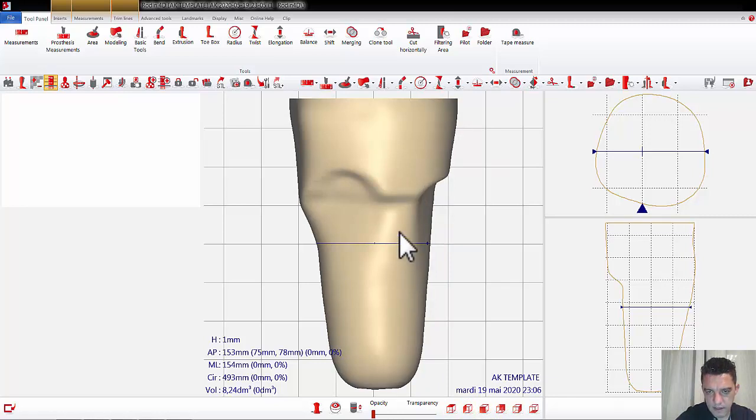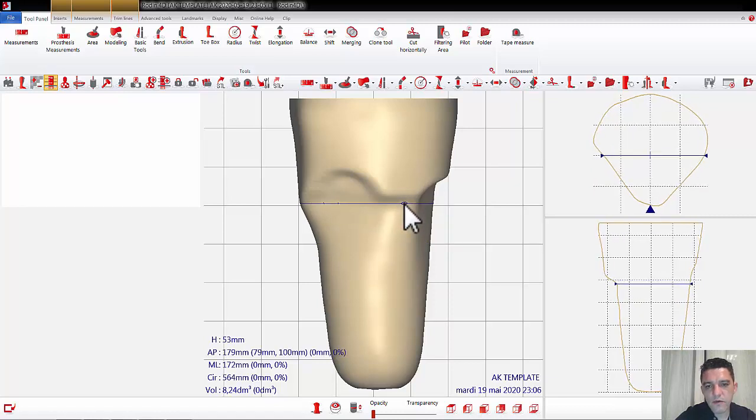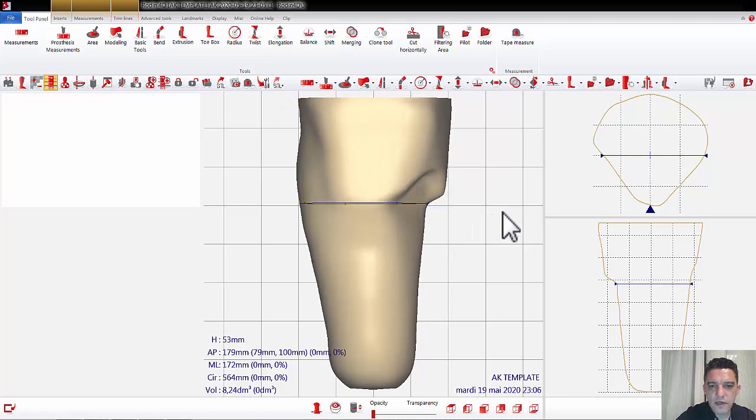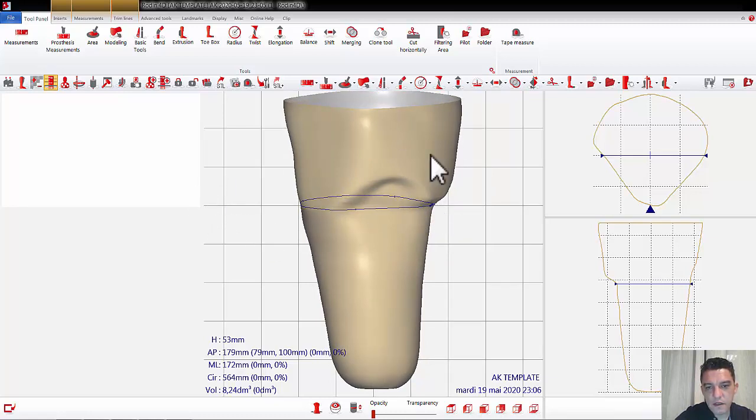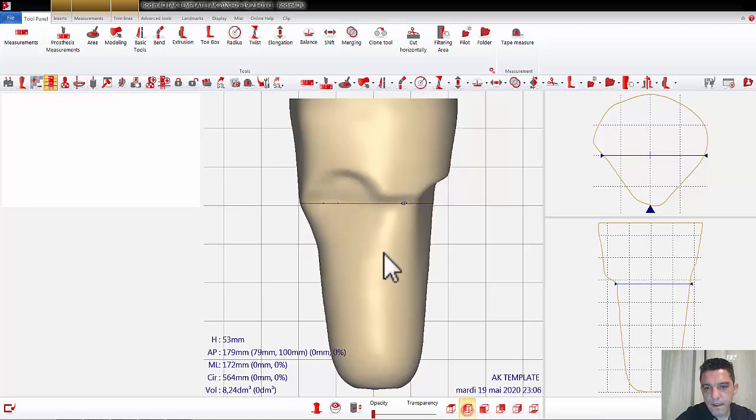Normally in AK we need to put the level 0 at the Pyrenees, but here you can see that in this case the trim line of the back part is smaller, and we need to start with the first real circumference around the shape. This part is not true. So in this case, for example, imagine that this is the Pyrenees and we have 53 according the 0, so I want to move, for example, I don't know, 20 millimeters, so I will leave until 33